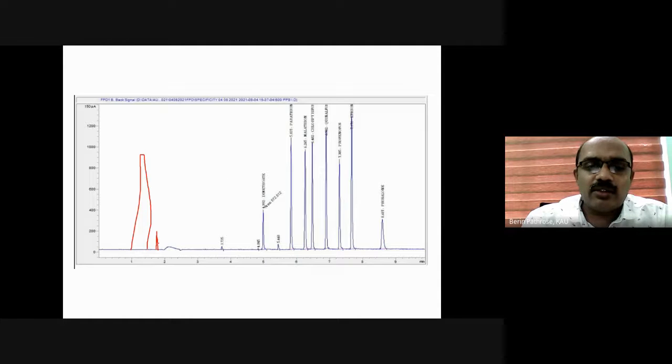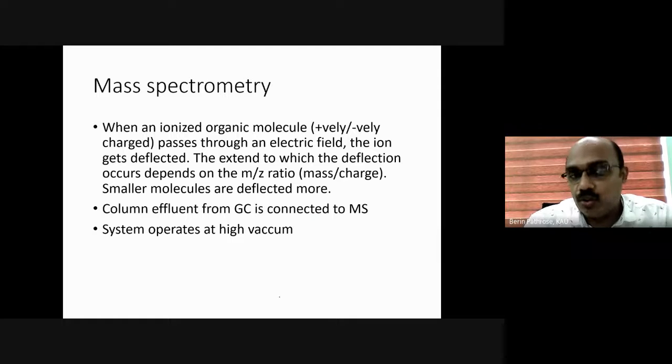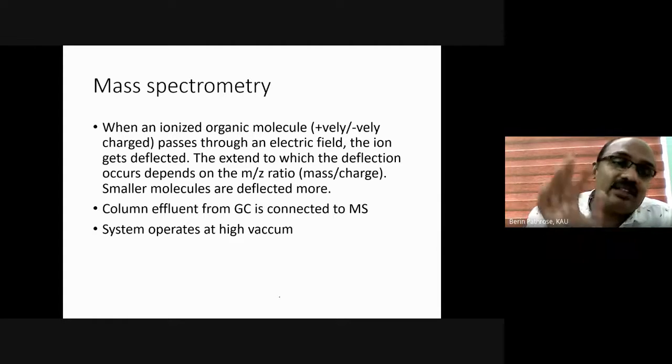In any gas chromatograph, I told you, something comes out at 4.9 minutes, say dimethoate. But if any compound has the same physicochemical properties as dimethoate, it will also come out at 4.99 minutes and will give a false report that it is due to dimethoate. That is possible. So in order to avoid that, we use mass spectrometry. It is more precise and it is a confirmatory step.